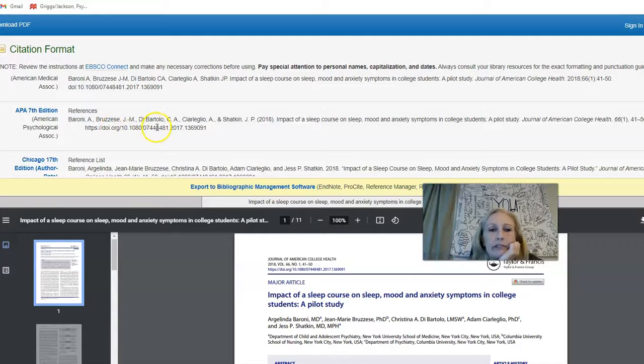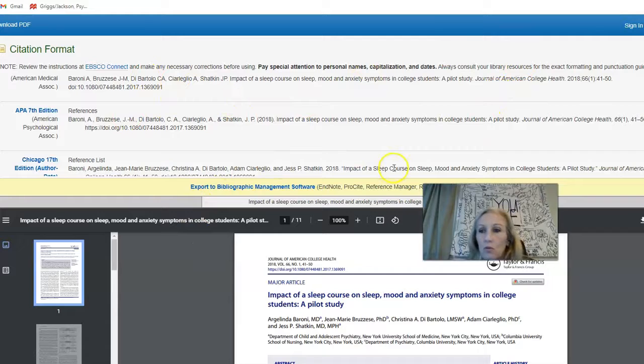Okay, Baroni A. So this is all their last names, first initials. There's a bunch of them. Make sure you get the "and" right when you get to the last person. And there's no comma, then the year, period. I'm looking for all that, but if you cut and paste, all you have to do is get rid of the background somehow.